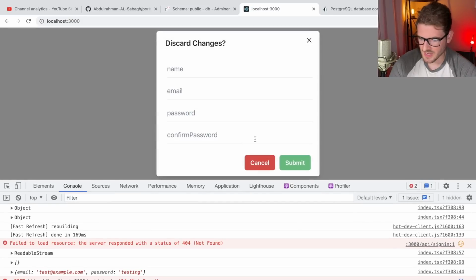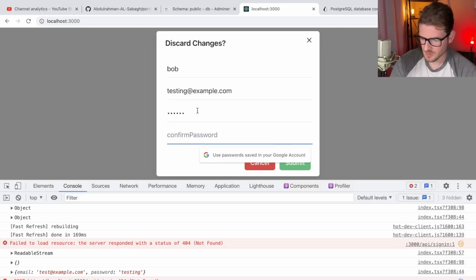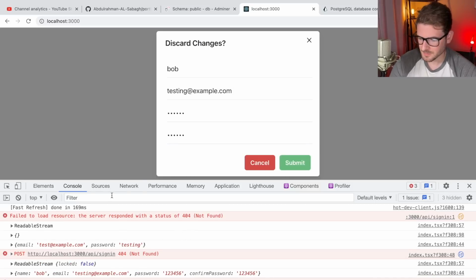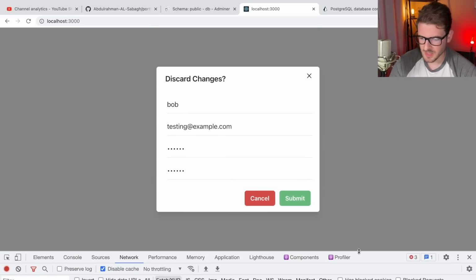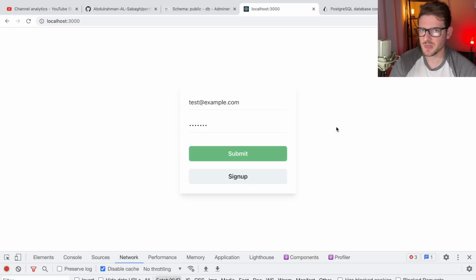I guess I could do sign up. Bob testing at example.com, password, confirm password. I can't, oh, never mind. Anyway, so I don't think he actually has any of this stuff implemented. I think he was telling me that he was working on the back end, working on the database schema, working on the,